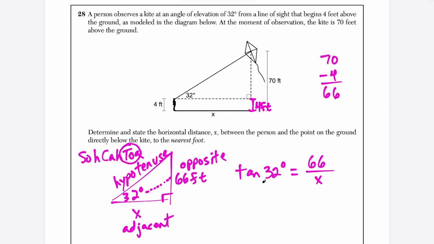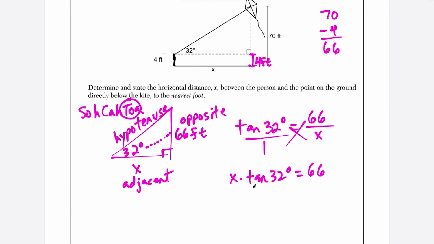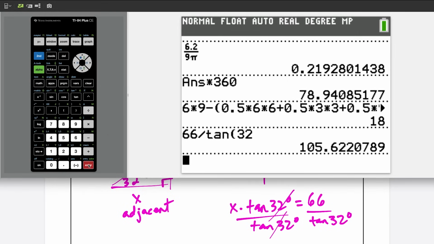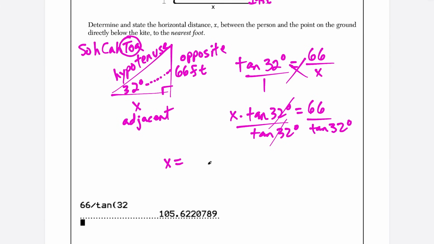And now from here, we just do the algebra. So we could call this tan 32 over 1, tangent of 32 degrees, and we cross multiply. So we have x times tangent of 32 degrees is equal to 66 times 1, which is 66. And then from here, our goal is to solve for x. So we just divide both sides by tangent of 32 degrees. And these terms cancel, and the rest we just type in the calculator. So we're doing 66 divided by tangent of 32 degrees. We press enter, and we get this value here. So our x value here is